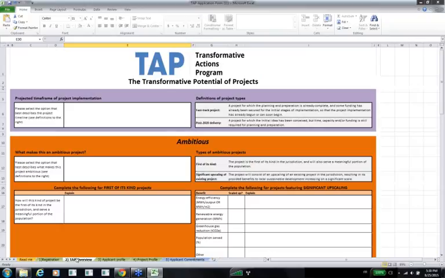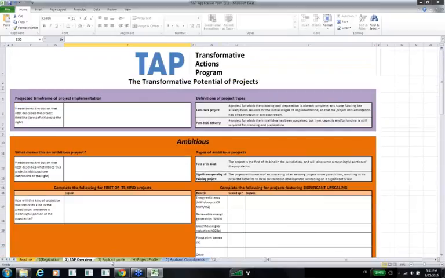What is transformative in one city or region will not be transformative in another. So it's important to show how your project is transformative within your own local context. And this will also be taken into account during the selection process by helping us better understand the specific conditions that you are under as an applicant.